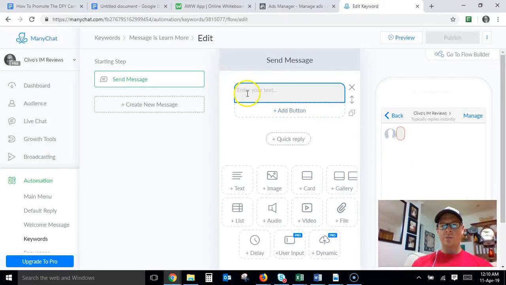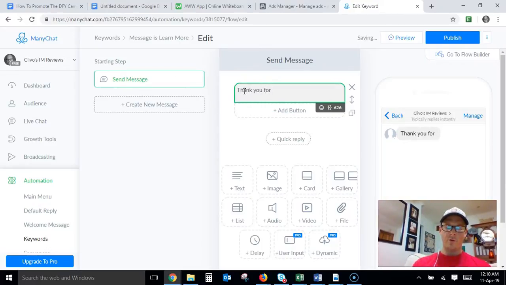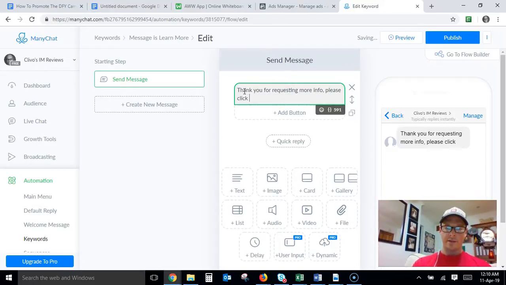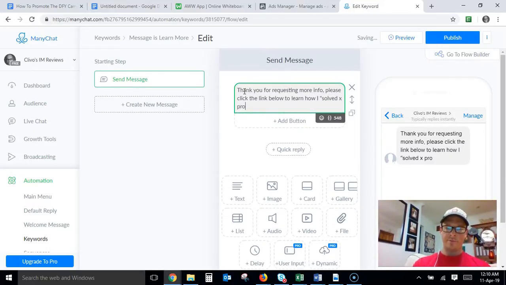So what you're going to put in here is a message like, thank you for requesting more info. Please click the link below to learn, and then you're going to just put in there again how I solved X problem